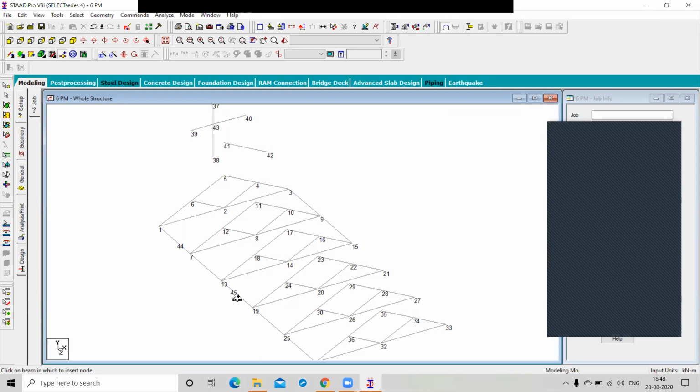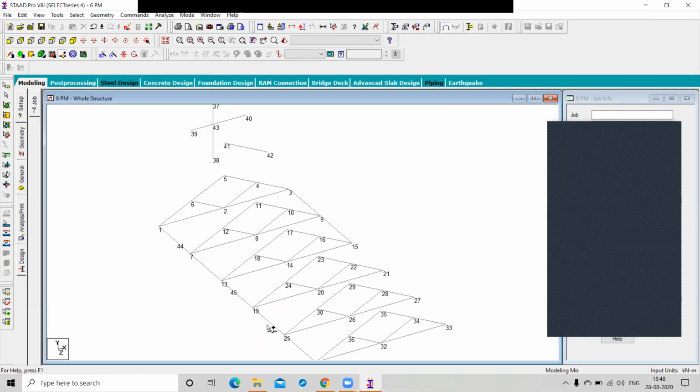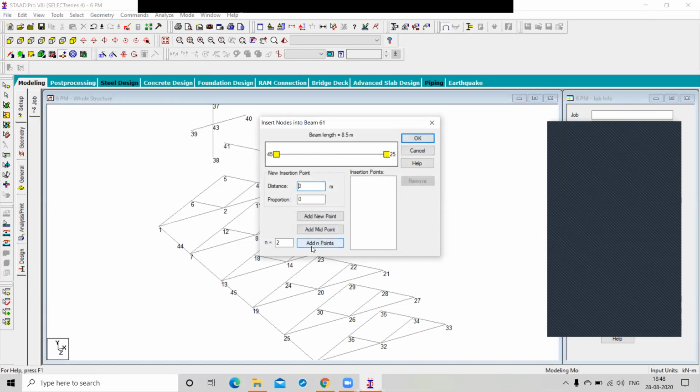The last option is add endpoints. If you want to divide your member into multiple segments, you can give the number of nodes.